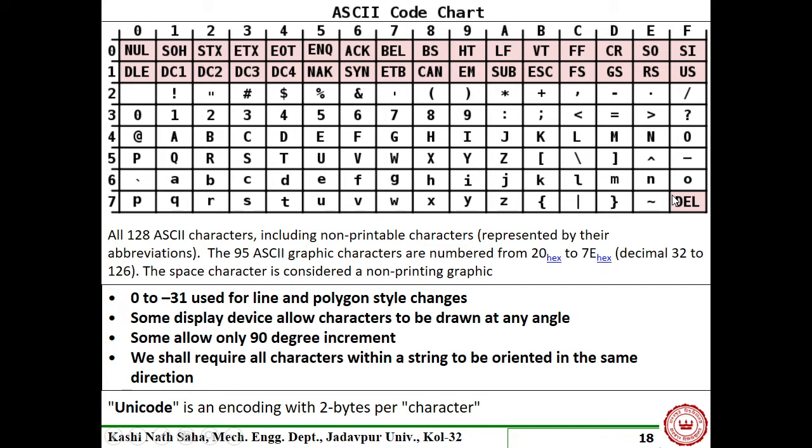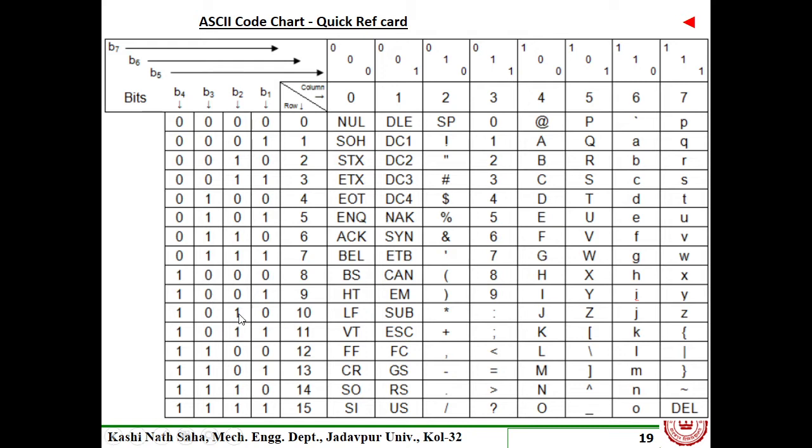And then you know from binary, or if this decimal number is known to us, we know what is the corresponding binary value. So these are the binary values. The same thing is shown here in another table. Here the codes are given in binary values. So binary values 1, 2, 3. Now where it is 1, 2, 3, 4, 5, 6, 7. Only 2 to the power 7 is 128, right?